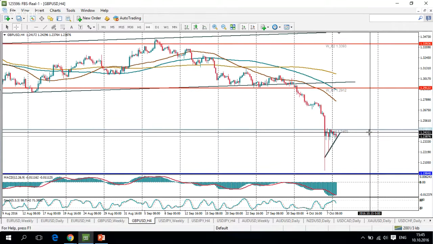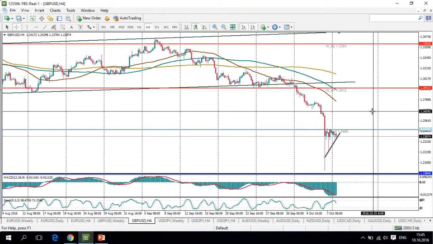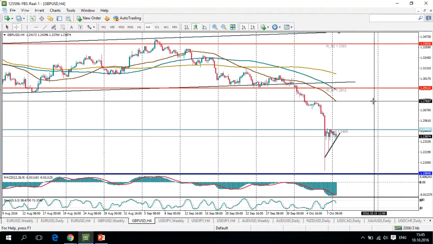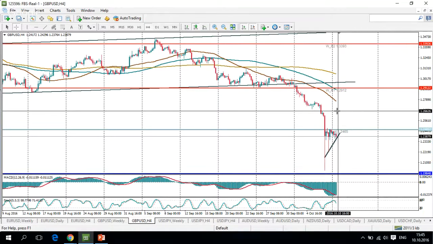Resistance is located at 1.2465, 1.25, 1.26, and so on, 1.2769. There will be plenty of resistance levels, and our strategy will be to sell the British pound on its attempt to get higher,